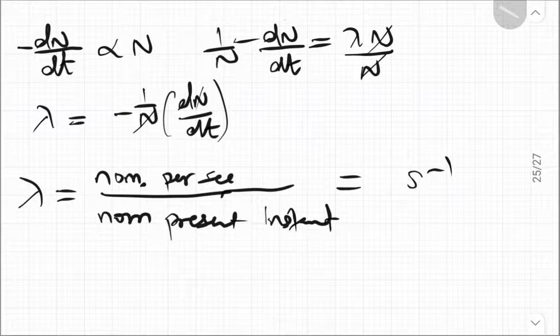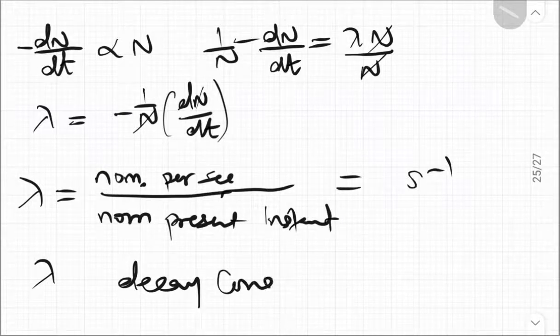Okay, so this constant is actually called the decay constant. Decay constant. All right, so of course, if you should look at this equation,